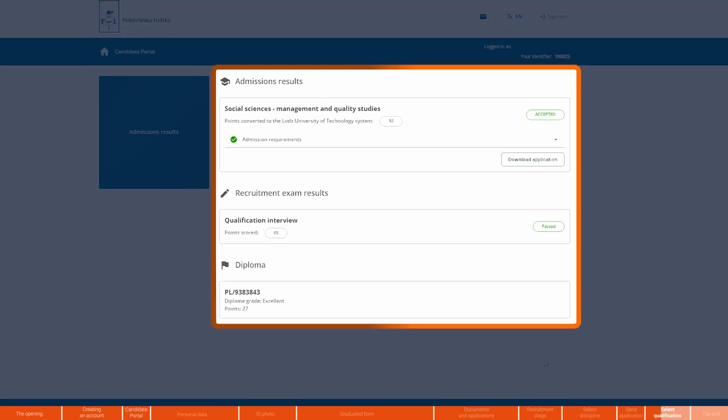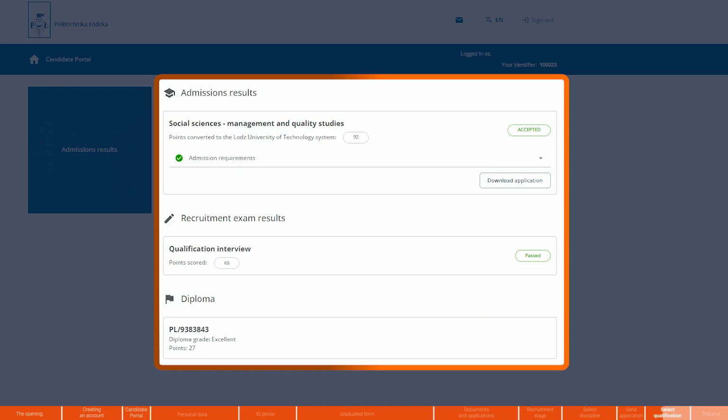I see that my application has been verified and I have been conditionally admitted to the Interdisciplinary Doctoral School at Wuch University of Technology. There's also information about my interview results and recalculation of graduation grade. Now, I need to download the application for the admission to IDS TUL generated from the TUL admission portal and submit it within the specified deadline along with other required documents to the IDS office.